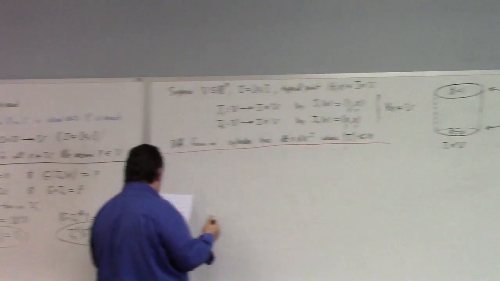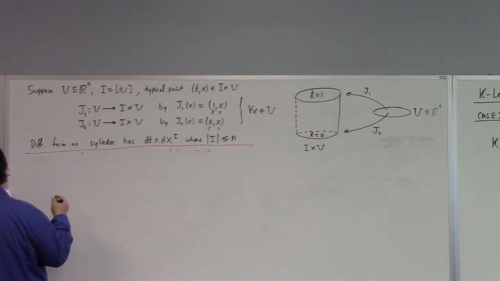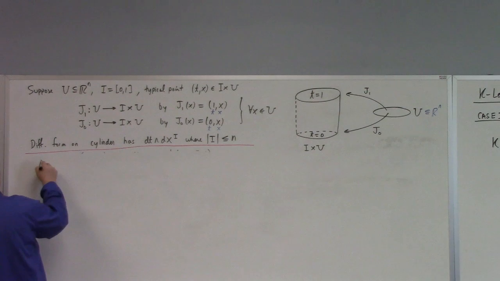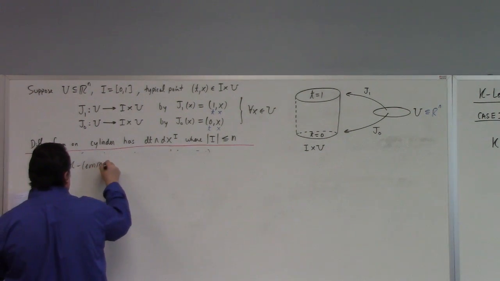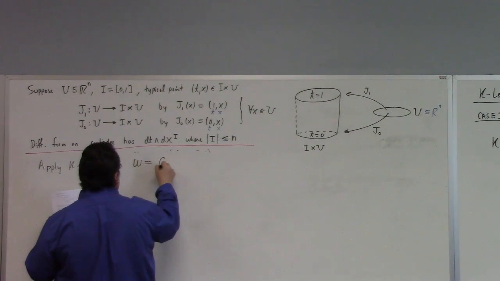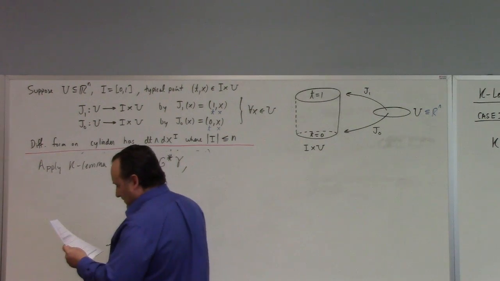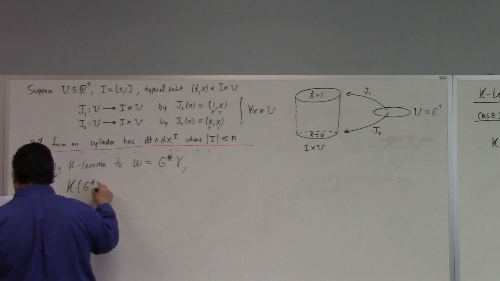So we have, so let's see, the K lemma then gives me, so apply the K lemma to omega equal to G pullback gamma, okay? And that gives us that K of G pullback gamma,